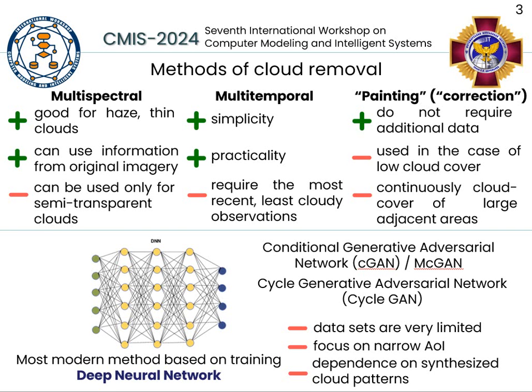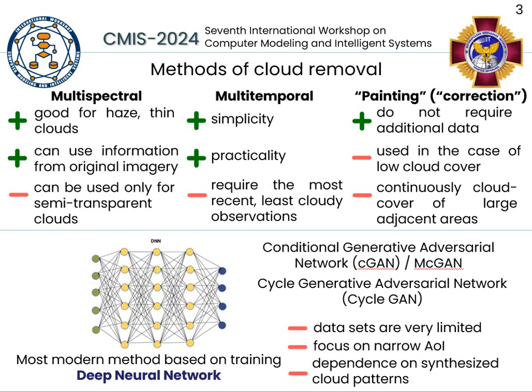Multi-temporal approaches reconstruct cloudy satellite images by integrating information from reference images acquired under clear sky conditions. These methods are popular because of their simplicity and practicality. Since they replace cloud pixels with real cloud-free observations, they require the selection of the most recent, least cloudy available observations. In case of non-completely cloudless observation at any given time, the resultant forecast will also contain cloudy pixels.